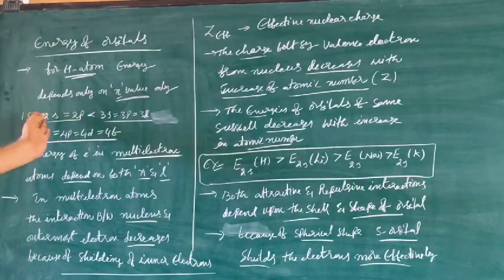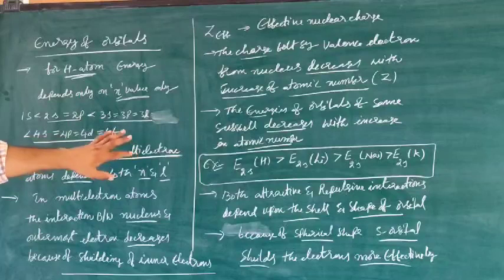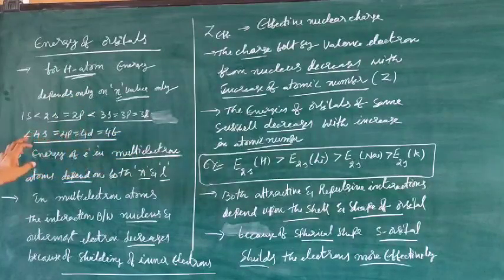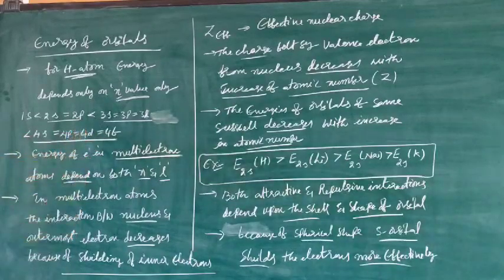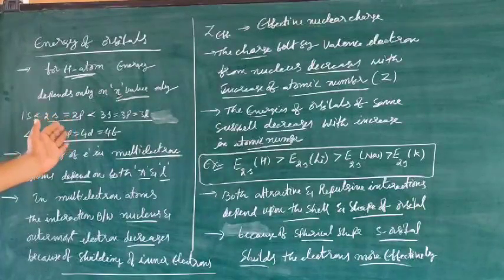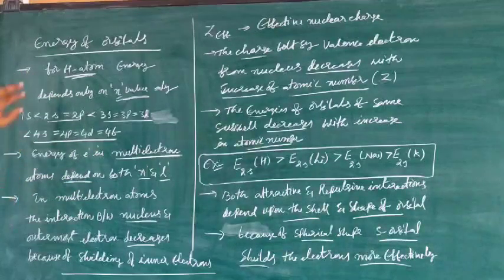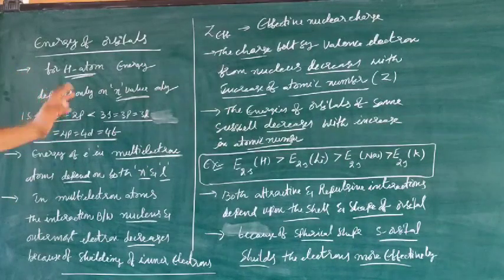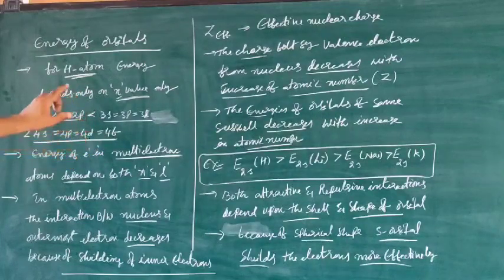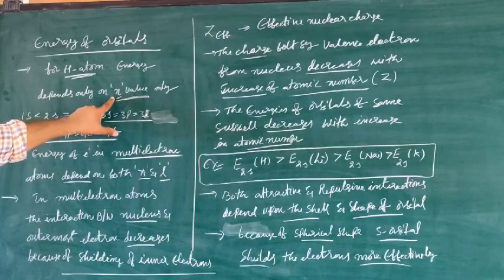Gradually the energy increases to the third orbital. 3s, 3p, 3d, all these three have the same energy because n is the same. Next, in the case of 4s, 4p, 4d, 4f, n is equal to 4, so all these four have the same energy. As we move from 1 to 2, 3, 4, as the n value increases, the energy of the orbital increases. In the case of hydrogen, it has only one electron. Here, we need not consider the l value. We can consider the n value only. As the n value increases, the energy of the orbital increases.